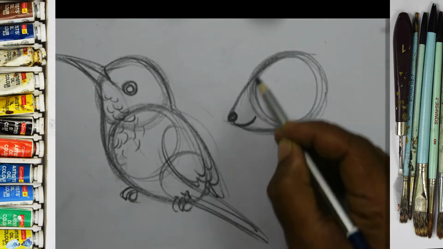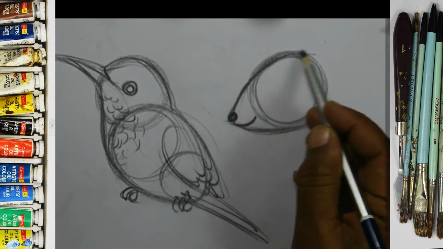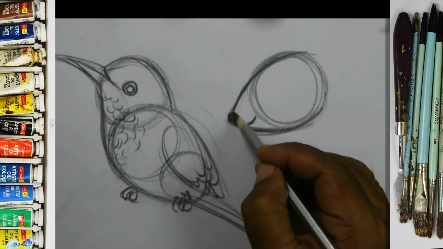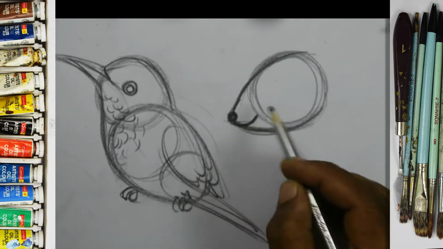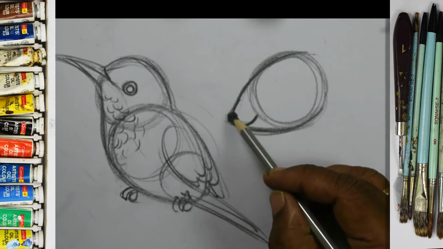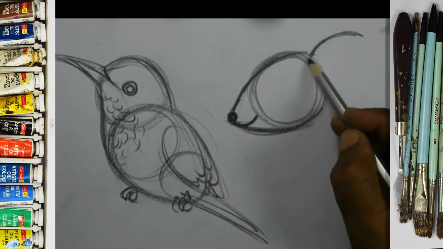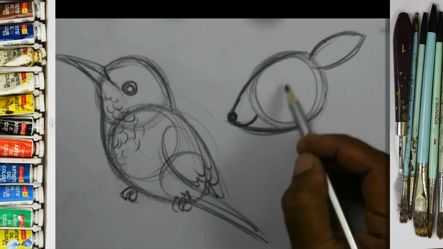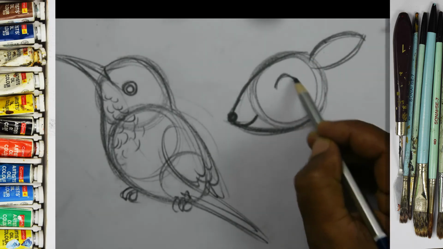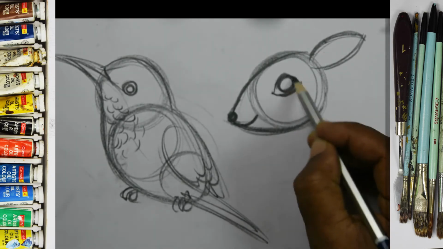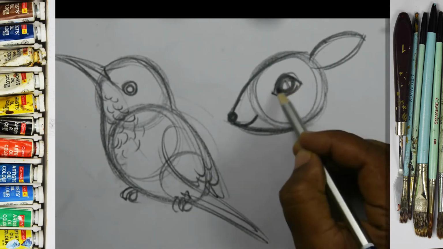First make a circle, step 1. Step 2, you make an oval. Step 3, you make the nose. Step 4, you make the mouth. And step 5, nose, eyes and ear, in the same positions like this. Okay, I just show first, just watch now. After that I do it very slowly and you can understand at that time.